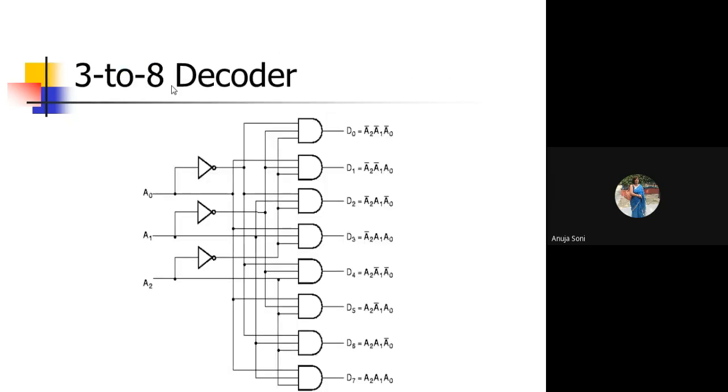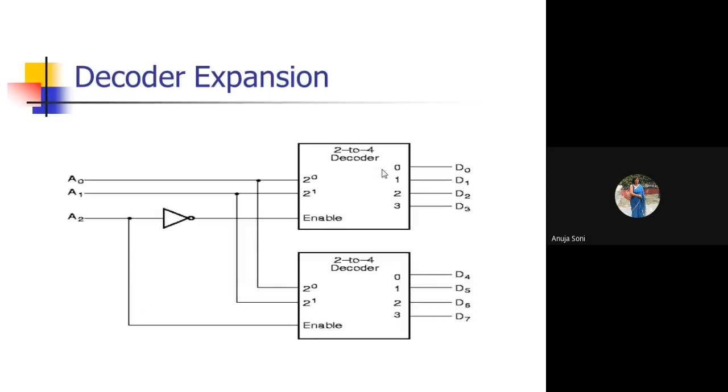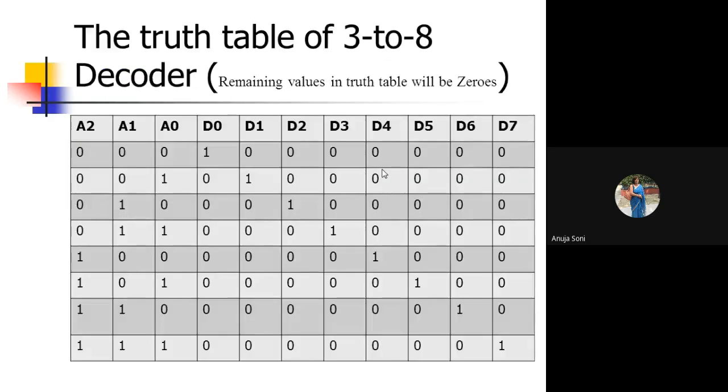Now I need to explain how you are going to draw this diagram. This diagram is based on one-to-one correspondence with your truth table. What is the corresponding truth table? You have 3 variables. With 3 variables, how many combinations can you have? You can have 8 combinations. Which are those? 0 0 0, 0 0 1, 0 1 0, 0 1 1, 1 0 0, 1 0 1, 1 1 0, and 1 1 1.